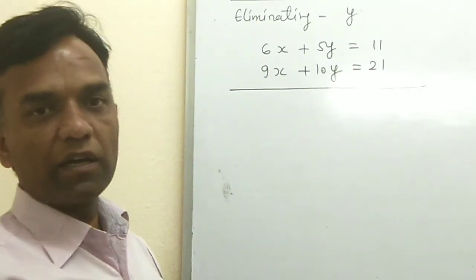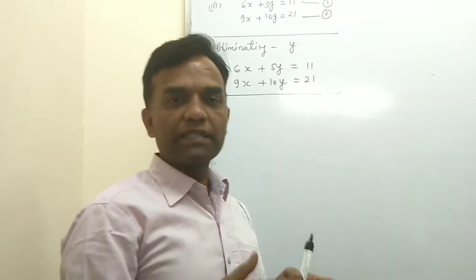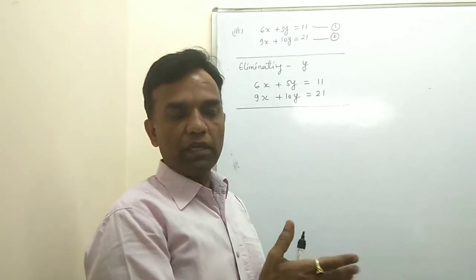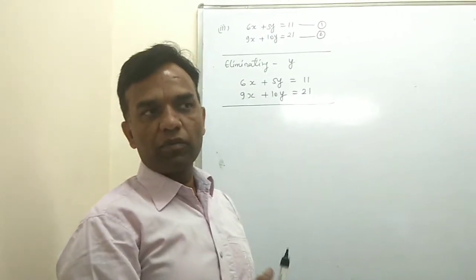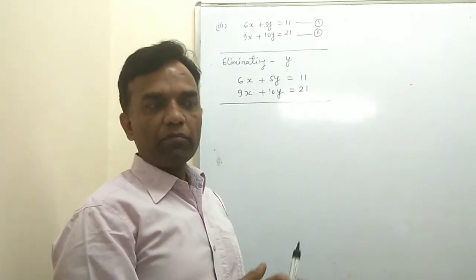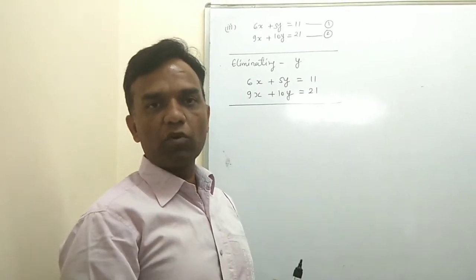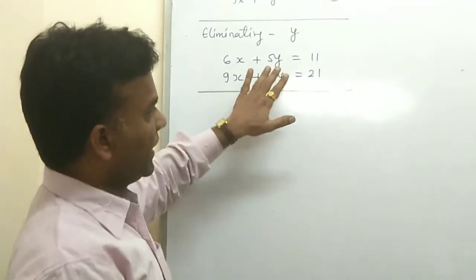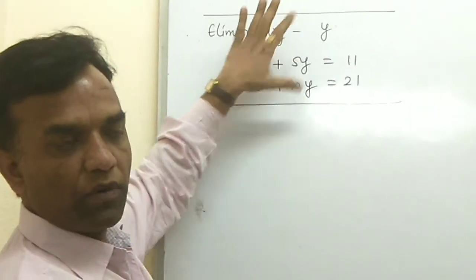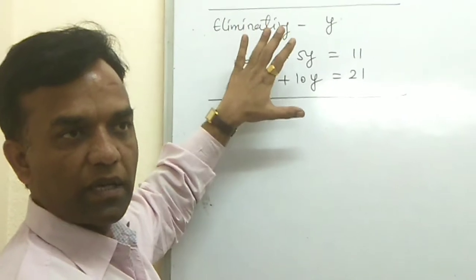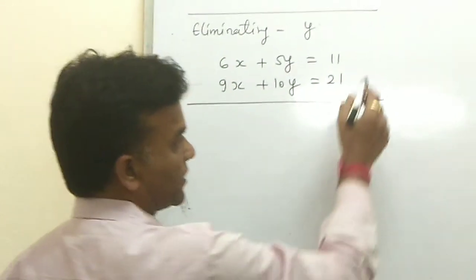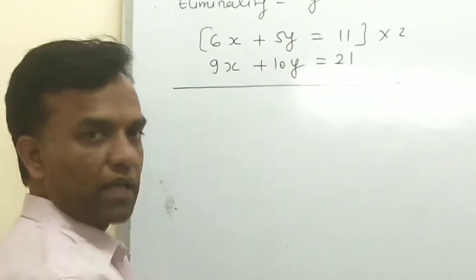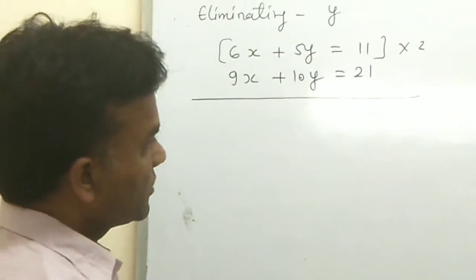It is not compulsory, as a learner, to only use the cross multiply concept. First you see which condition is applied there, which method is compatible, by which number you multiply, and then you make the coefficients the same. So in this case the condition is only one: you multiply by 2 in the first equation and then your coefficients are the same. It is not required to multiply the other equation by any value, that is unity, that is 1, so there is no change here.